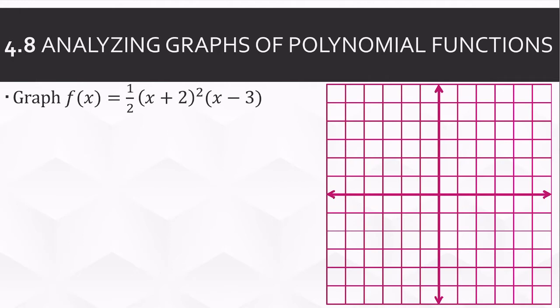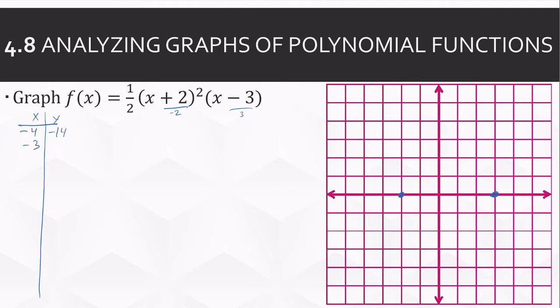So let's try graphing this function. We already said that we know the x-intercepts are -2 and 3. So we're going to make a table of values, and it should be around the x-intercepts. So I use my calculator, and I get